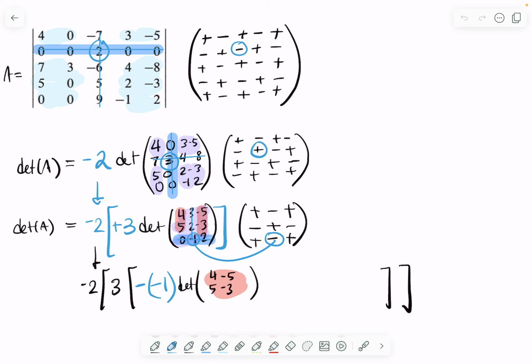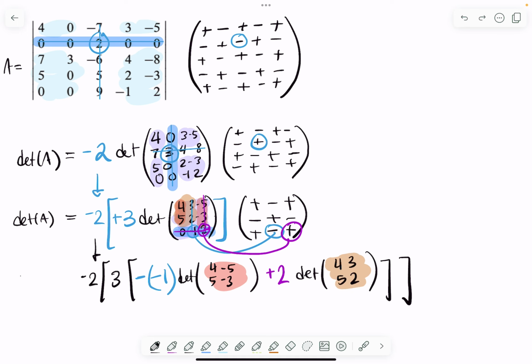We're going to circle this 2, and I'll use a different color this time. This is my coefficient 2. I find its respective sign, which is this one, positive. Then that's going to be multiplied by my determinant of whatever I get when I cross out its corresponding row and column. What I get is these numbers right here. So 4, 3, 5, 2. This here is the formula of the determinant of this matrix A, but we still have to find the